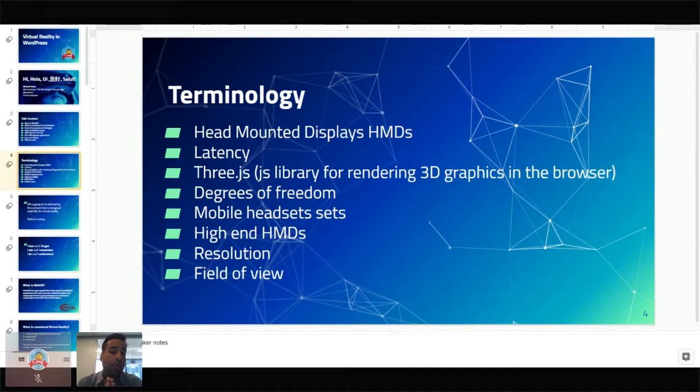Well, when I refer to mobile headsets, I'm referring to something like the Google Daydream or the Samsung Gear VR, or something as simple as Google Cardboard. These are basically frames where you can put in your mobile device and experience virtual reality that way.